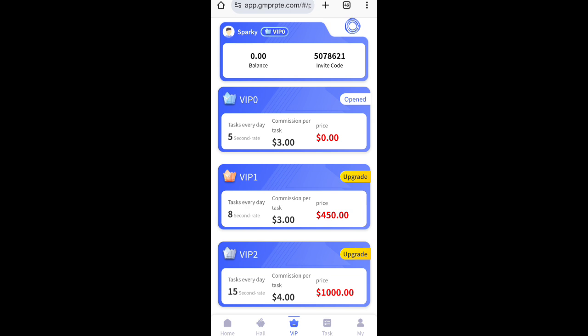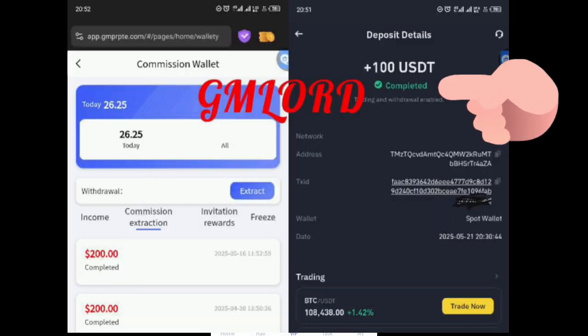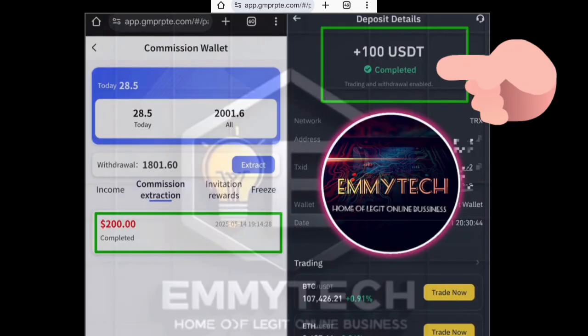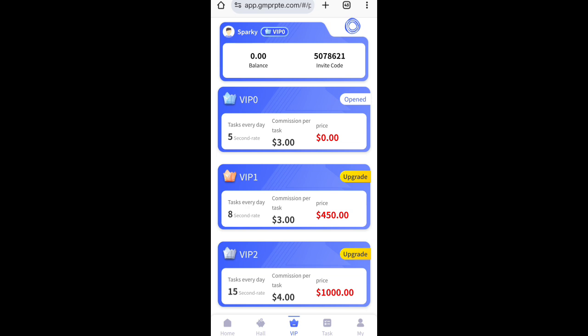Before I even proceed more, please take a look at your screen. This is payment proof. Are you seeing the payment proof? Plenty. People have been cashing out on this platform like tomorrow no day. Just look at this. It is free, oh guys. This is 100% legit and free. When you see me posting something, as you all know, I don't post what I don't know. I post only what I know.